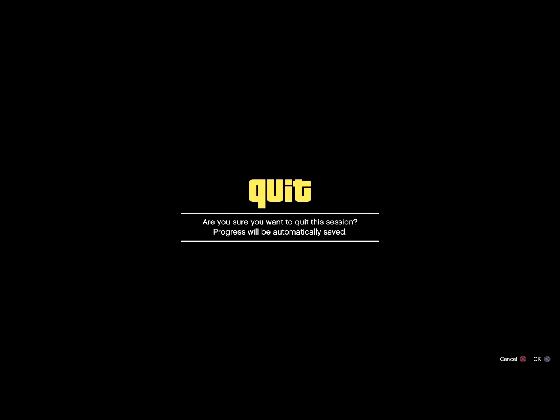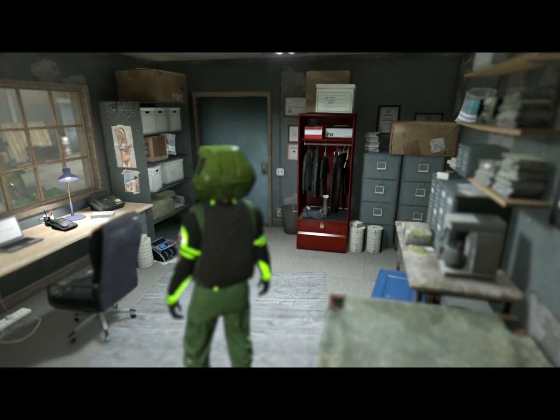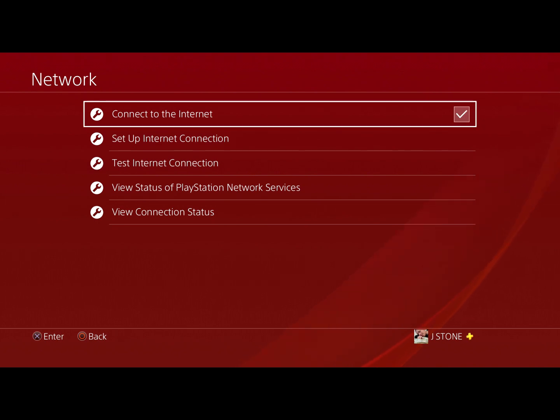We're going to accept this alert. The screen's going to go blurry. You're going to keep your eyes focused on the lower right hand corner of the screen. The moment that you see that it says loading, it must say loading. At that very moment, you're going to double tap the PlayStation home button, disconnect your network, and then immediately reconnect